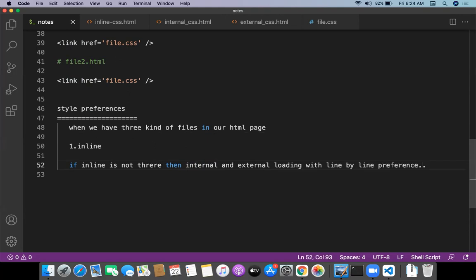So I hope everybody got to understand. If inline is there, inline will load first. Inline is the first preference to the browser. If inline is not there, then it will check with the page level, like line by line execution level.